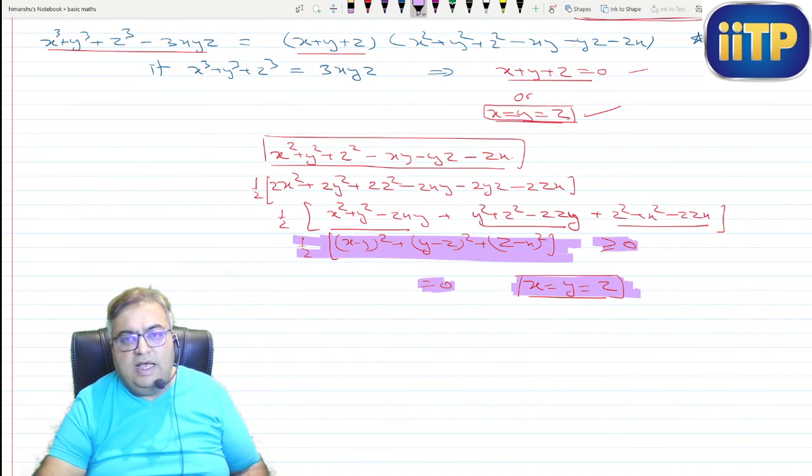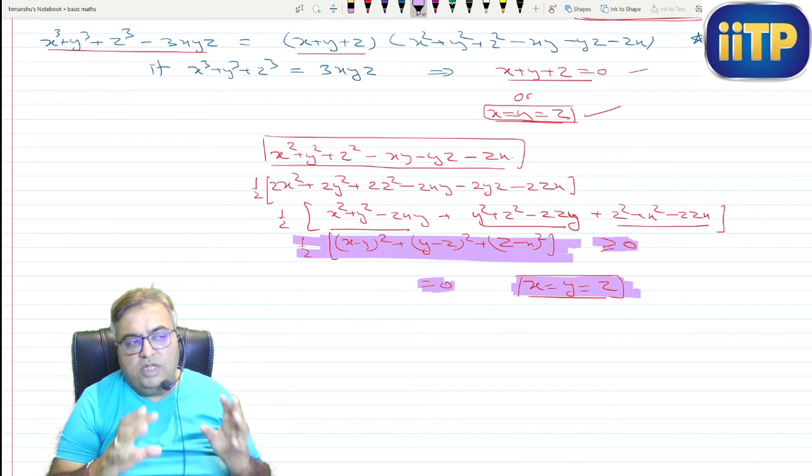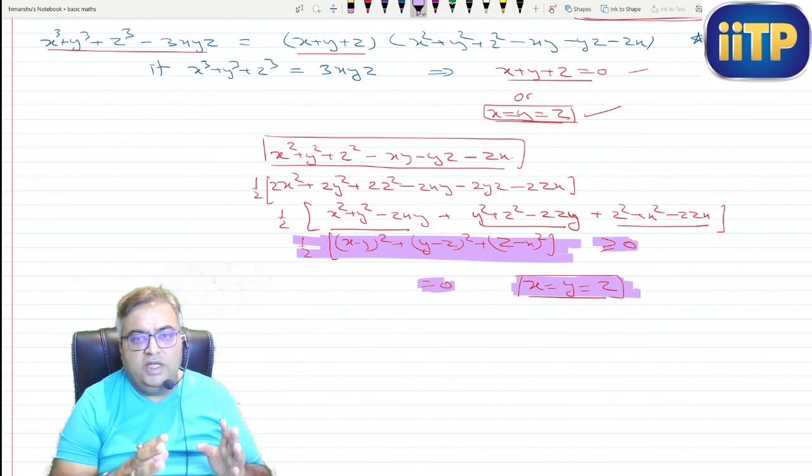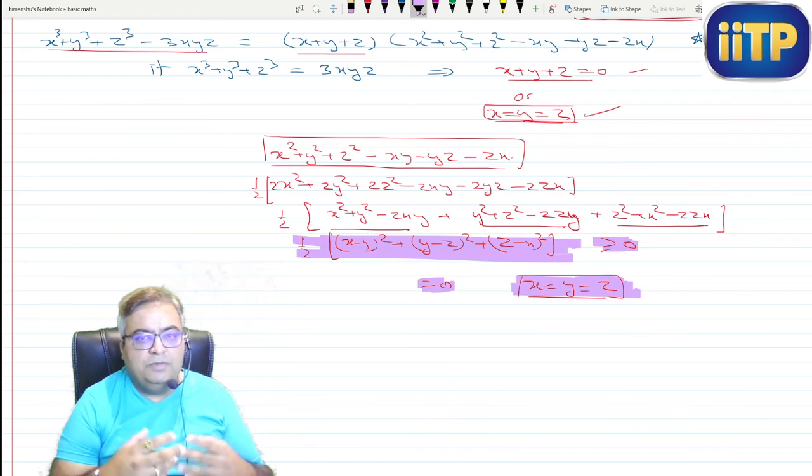So in this part I have covered all the algebraic identities which you should be remembering. This is a good recap, so you should make a list of formulas of these things and keep it for further reference. As you use them more and more, you will remember them and be able to utilize them as and when the time comes in a question or a manipulation. Okay, so let's meet in the second part.